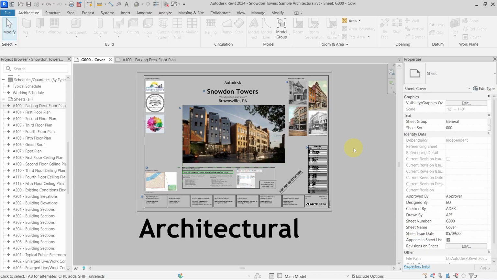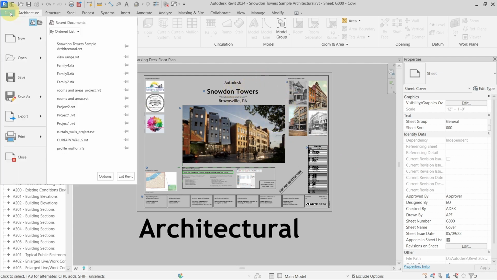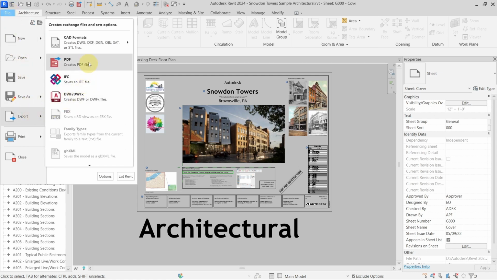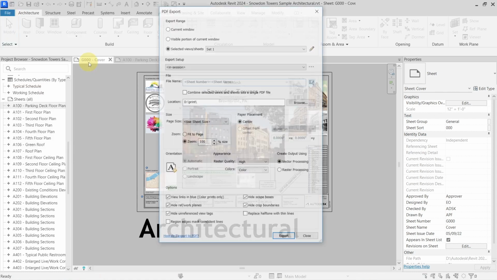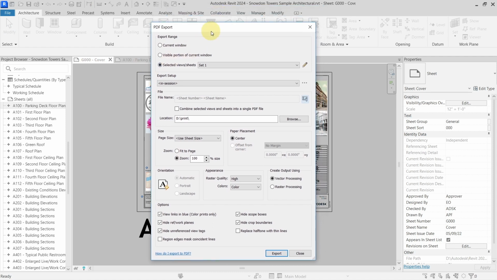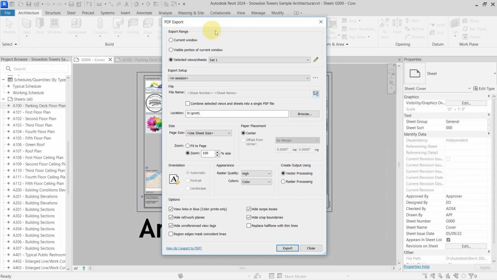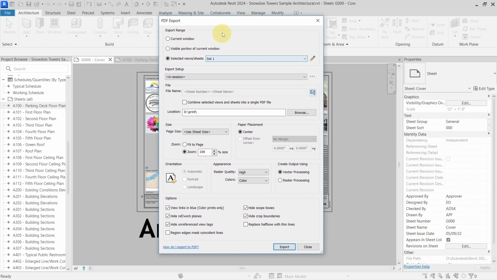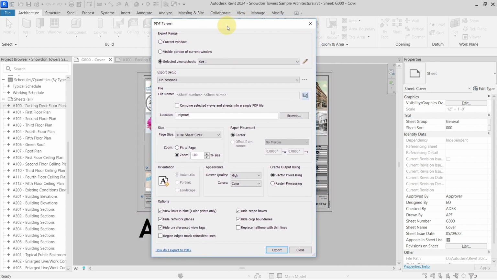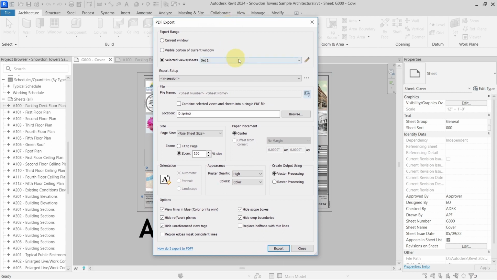Let's take a look at the PDF export settings from Revit. So I'm using now the Snow Dome Tower sample architecture file, and if I go to my file, export PDF, here I'm using the Revit 2024 version, so in previous versions the PDF export is different. But now we see these PDF export options, and we can either use the current window, which will get the